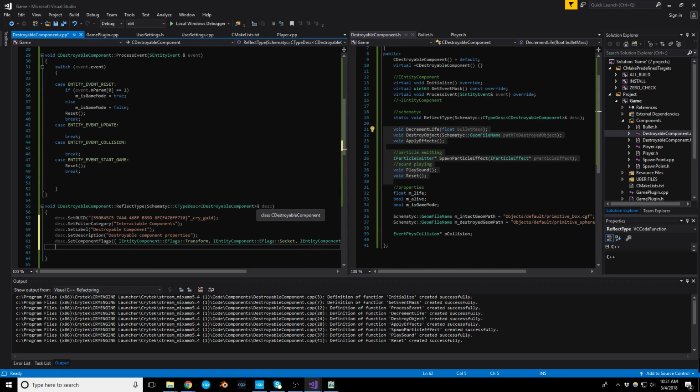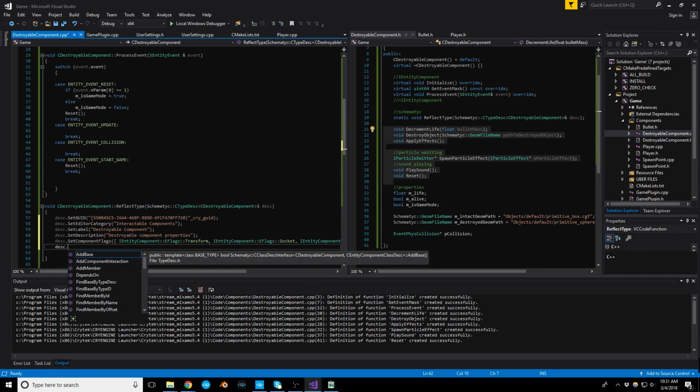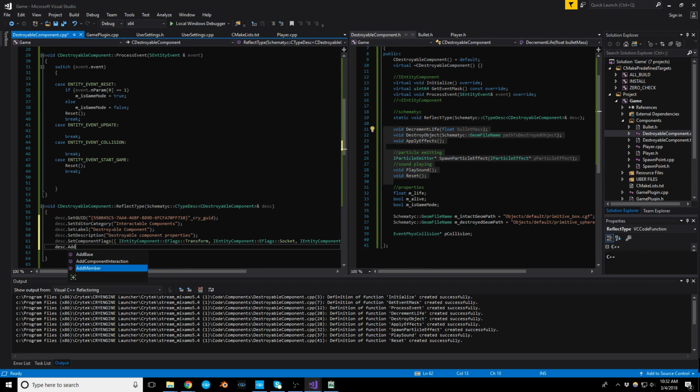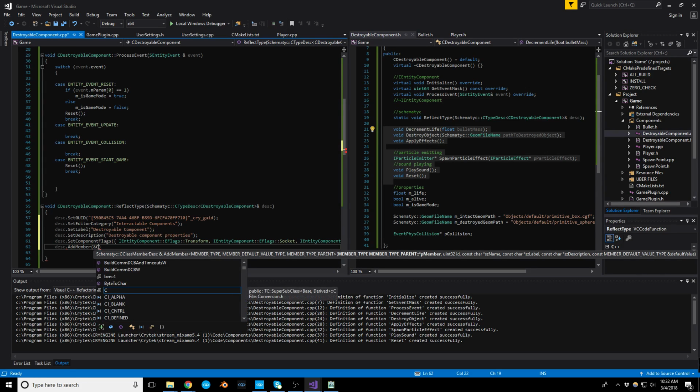All right, so now comes the fun part. We have the administrative stuff out of the way, with labels, names, and description. So now let's add some members. These are going to be things that are exposable in the editor, and hopefully in the schematic as well. The way we're going to access this is through the C destroyable component